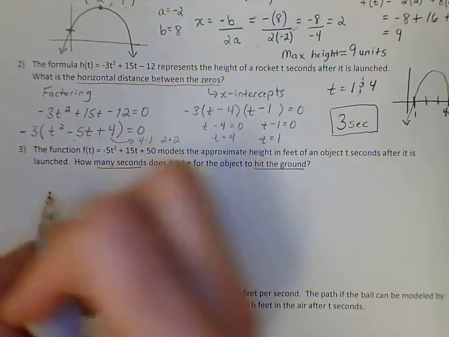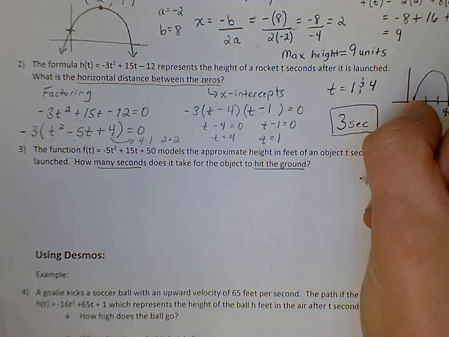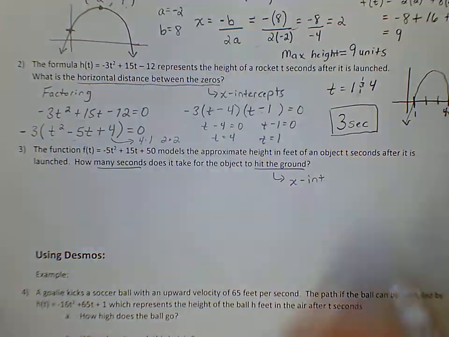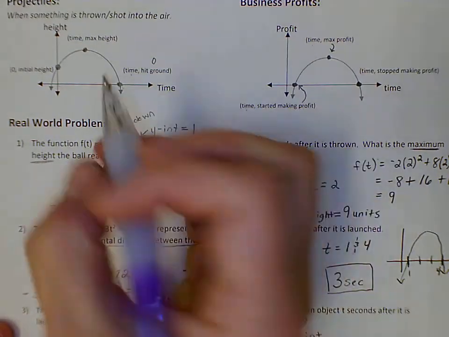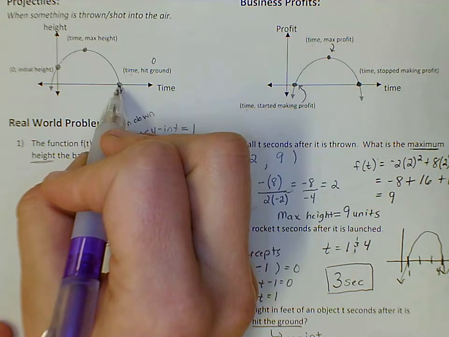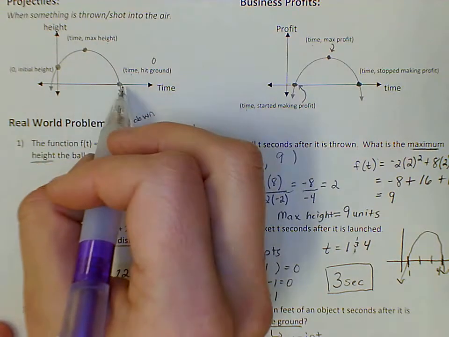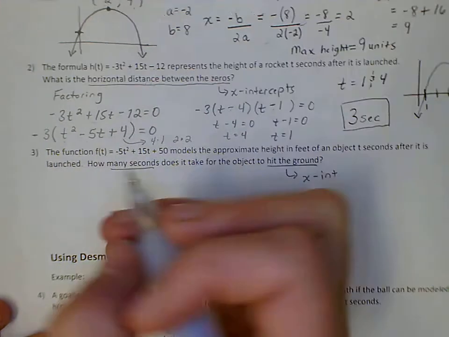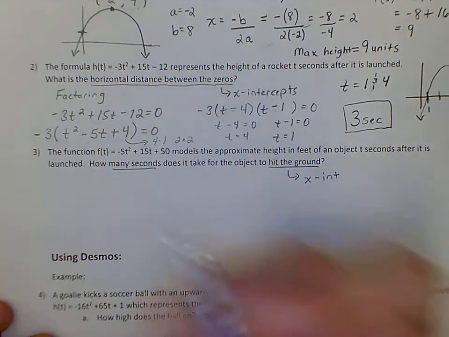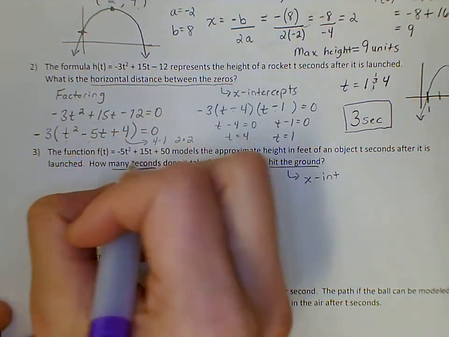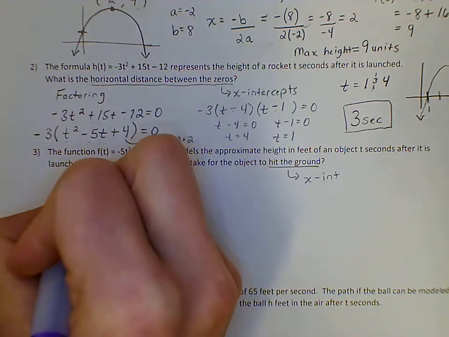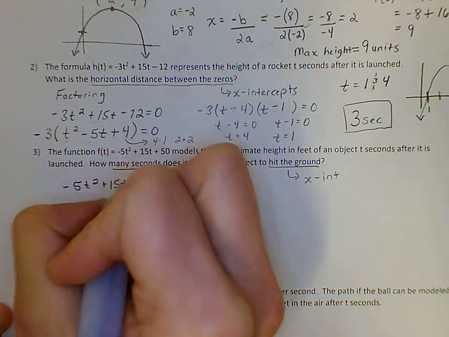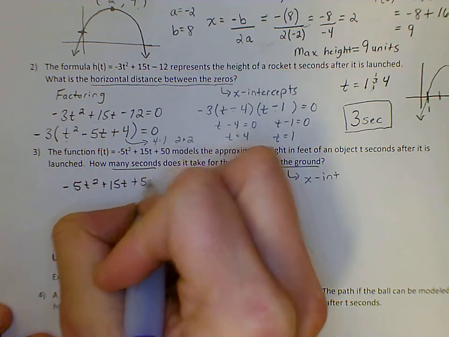So you can think through it. I'm finding my x-intercept, and I'm actually looking for, if you think about it, the second x-intercept. I'm looking for how long since it was in the air did it come back down. But that just means I have to find my x-intercept. So I'm going to copy that down like I did before, and instead of the f of t, I'm just going to set it equal to 0,